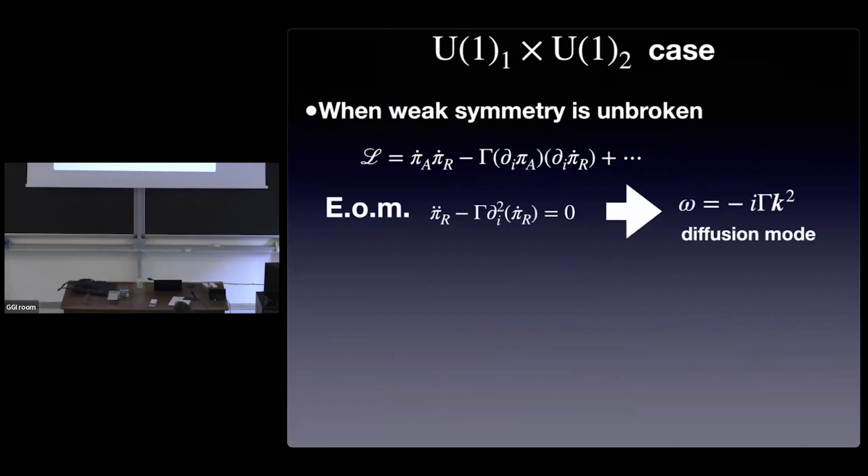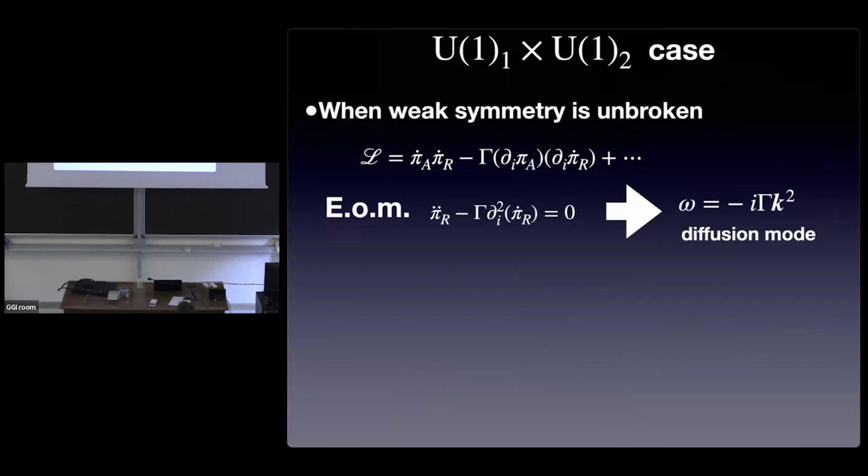So in the Schwinger-Keldysh formulation, the effective Lagrangian at least contains the pi A field. That comes from the unitarity of the system. So the effective Lagrangian must at least contain the A field. That is a constraint. Then you can write down the possible terms like this. We do the derivative expansion, so the leading order term has this kind of form.